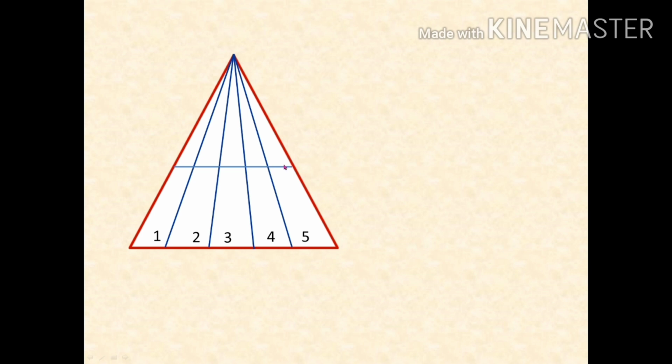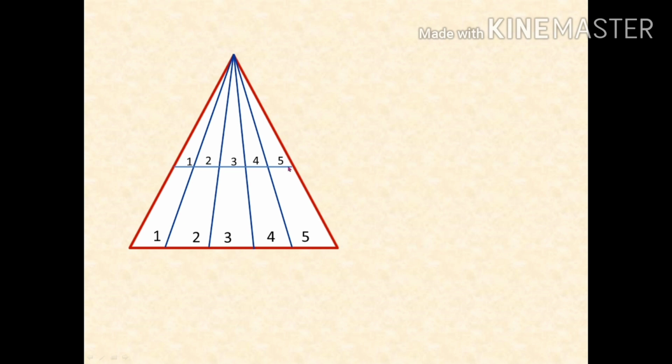Next step we have to move on to the upper base. See how many triangles are there in the upper base. Start the numbering from 1. Don't start it from 6 because it's a new base. So we have to number from 1 only. So number it as 1, 2, 3, 4, 5. Now first step is over. That is, numbering is over.